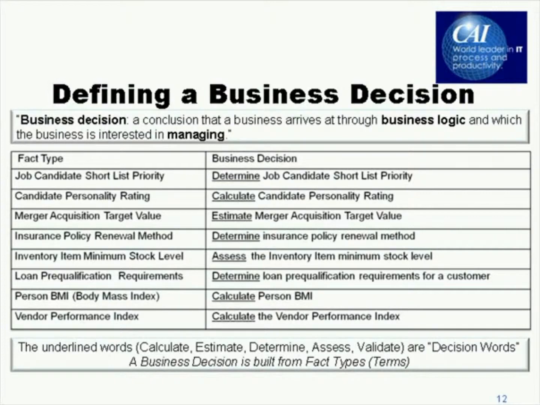So this page defines a business decision as a conclusion that the business arrives at through business logic, and the conclusion is something that the business is interested in managing or managing better. So on this table, we have 2 headers. The first column is fact type, and the second column is business decision. Under the column for business decision are examples of business decisions from different industries. For example, there's one there that's called Determine Insurance Policy Renewal Method. This is the decision that decides whether it is acceptable for an insurance policy to be automatically renewed by a system or if it needs to be reviewed by a human underwriter. So the decision model recognizes that a business decision